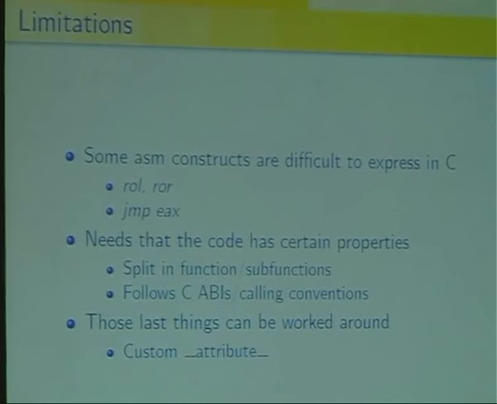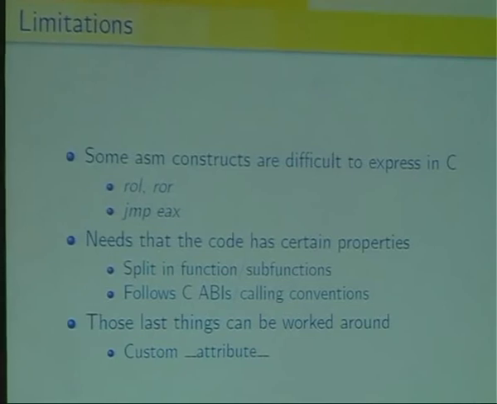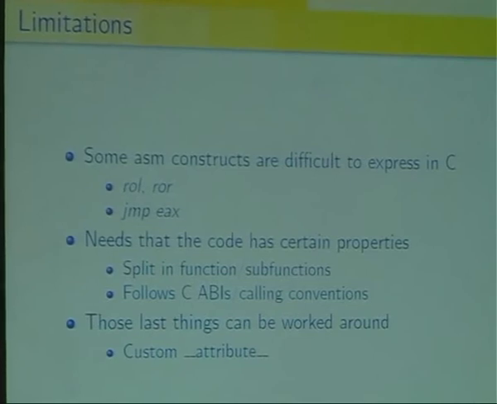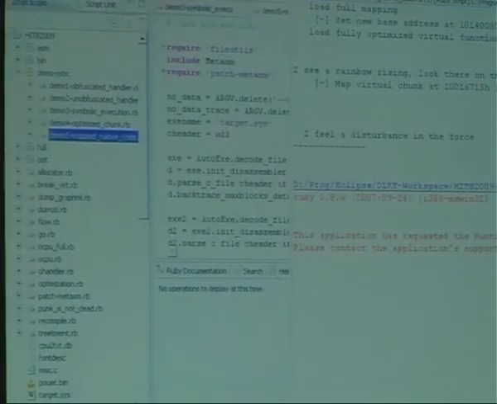Like when you manipulate C code, you manipulate functions, and a C function is assumed to return and have a generic ABI, so that it should preserve some registers and stuff like that. So this may be quite hard to read in C, but we may work around it using attributes or stuff like that. So right now we have a small prototype of the compiler